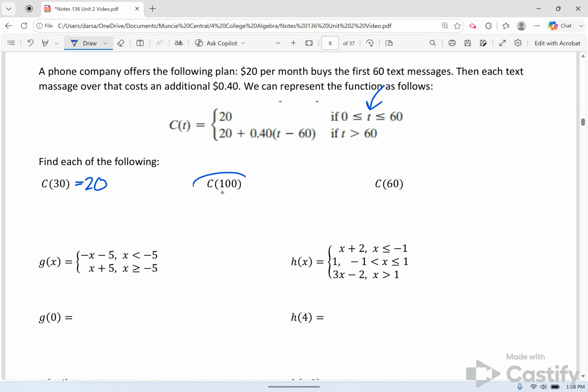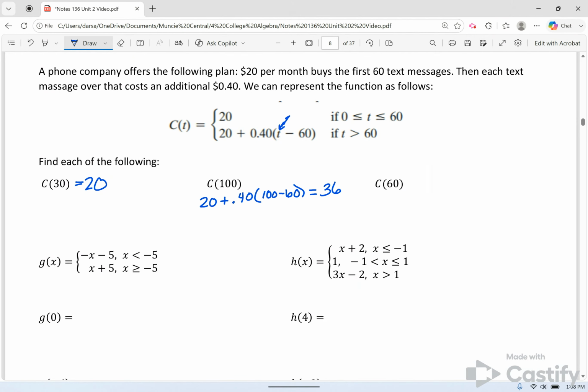But what about C of 100? What if I sent 100 texts? Well, now we can see that 100 is in this group. It is a number of texts greater than 60. So we're going to take that 100 and plug it into this equation. So 20 plus 0.40 times 100 minus 60, what is my overall cost going to be? Well, that's going to be $36